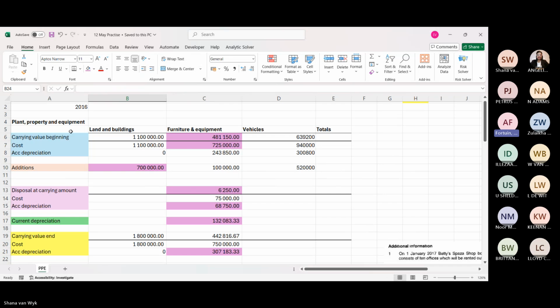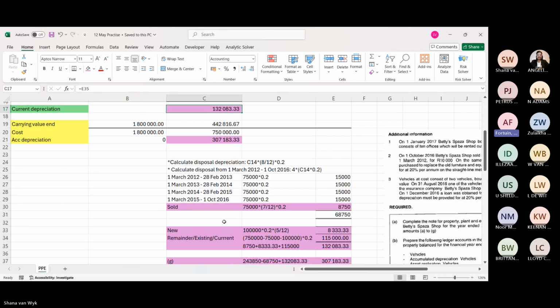Is it a portion? It will be a portion somewhere. You won't be that lucky. And then you calculate new, sold. Write your frameworks out to begin with, because if you don't, you're going to forget about it. So you do this PPE note on a piece of paper, your framework, and at the bottom you write new, sold, existing. Then you won't go wrong. Then you put your dates in. You count on your fingers. If you follow this structure, you should be able to do your PPE, and it will go faster because you won't get confused and have to go back and recalculate.